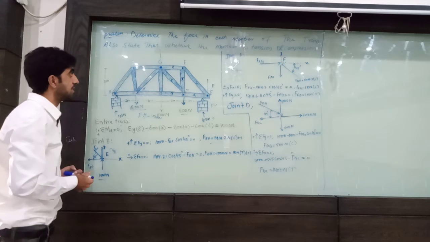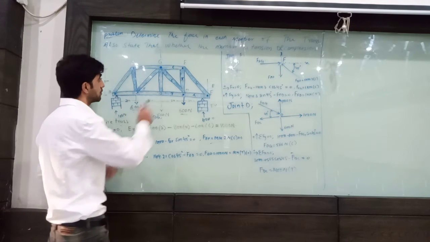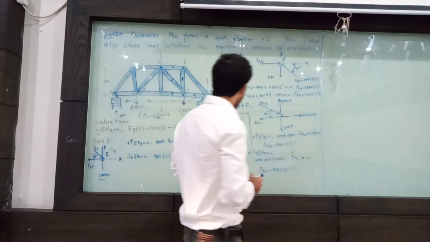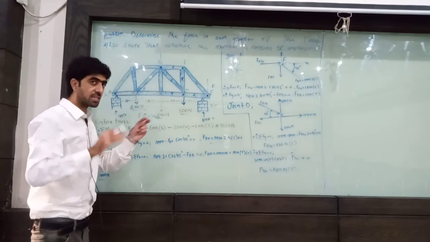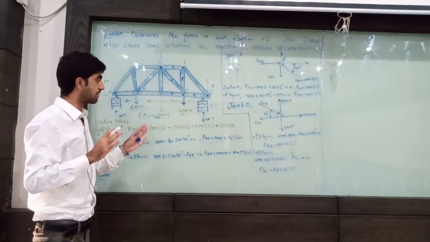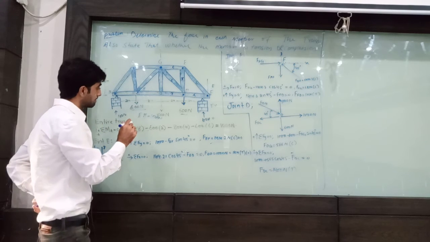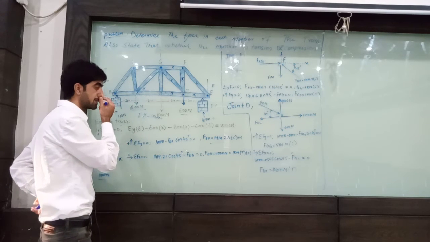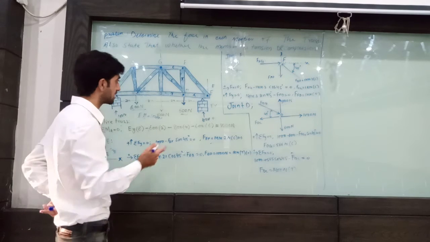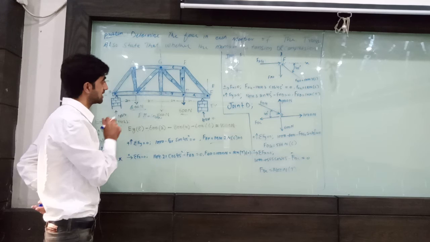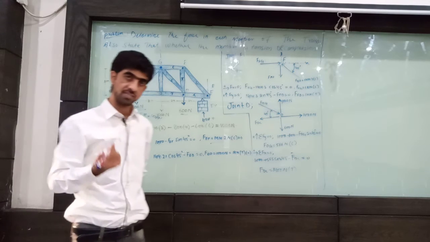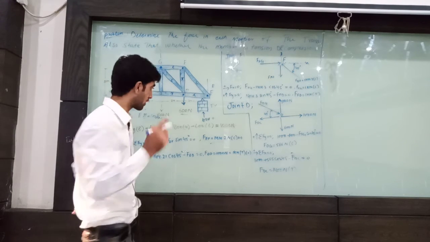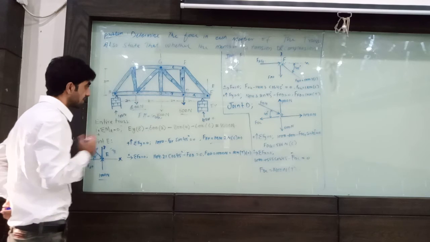So now we go forward to the next joint. Next joint is F. So we analyze this joint. If you think about it, the solution is very easy to find, but note some points. First of all, you note down this point. This is essential for truss analysis and structure analysis. Clockwise, anti-clockwise rotation. This is one point. Clockwise, you consider positive, so anti-clockwise, you consider negative. Okay, this is one point.